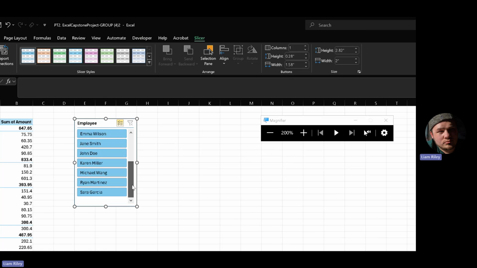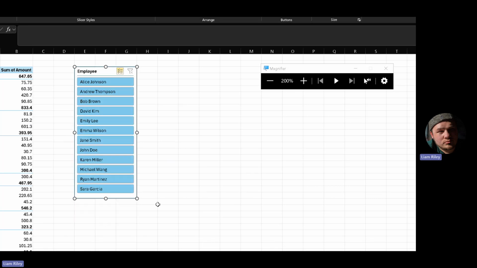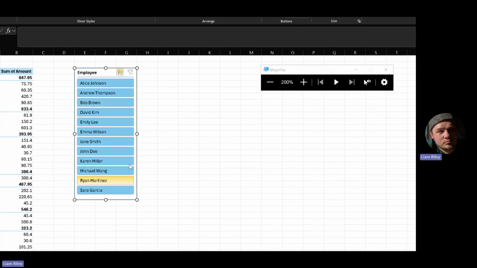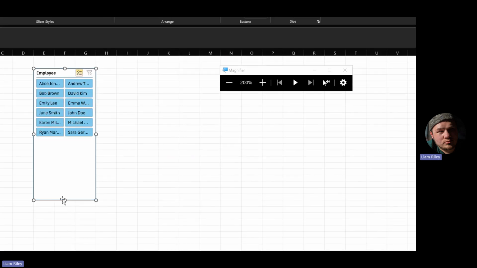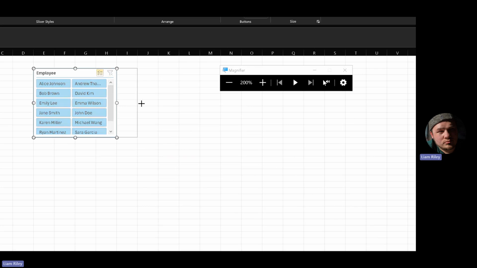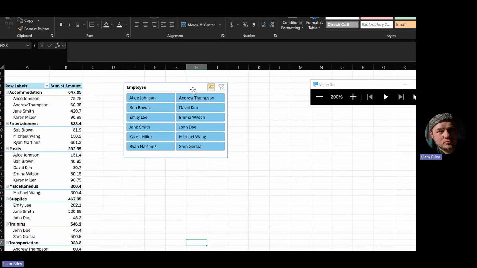So if I don't want a scrollable list necessarily. I don't necessarily want to make this a big slicer. Like this is fine, but if it was bigger than this, I wouldn't really want a scrollable list. And so what I would normally do is I would say, well, give me 2 or 3 columns instead. And then I'd make the pivot table wider to accommodate for the names so that I get a nice small-ish tool to work with alongside my data, and I can see the values that I've got selected, which is the main reason that I think working like this provides an advantage